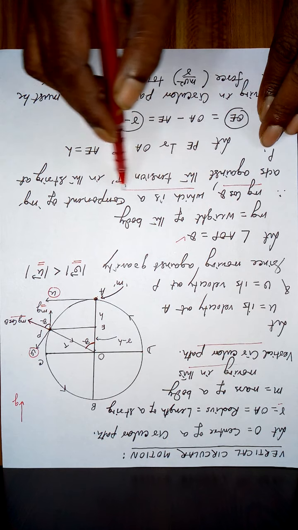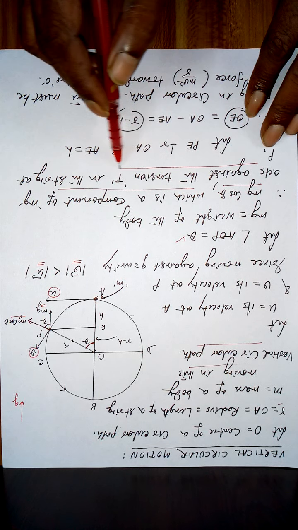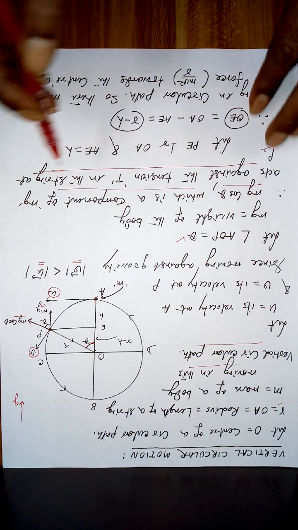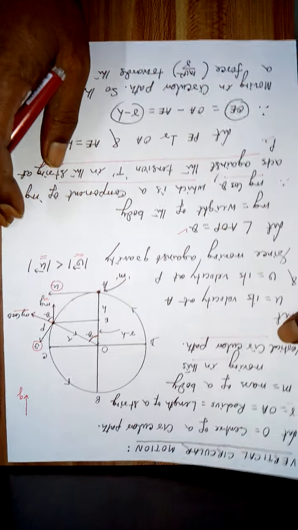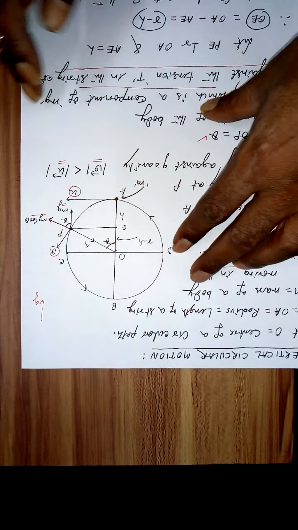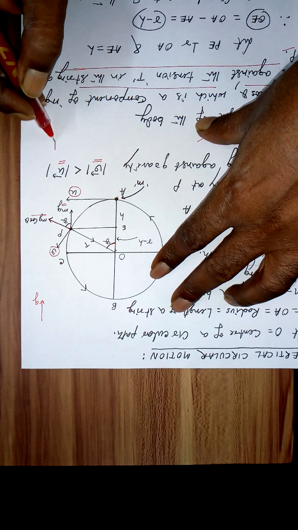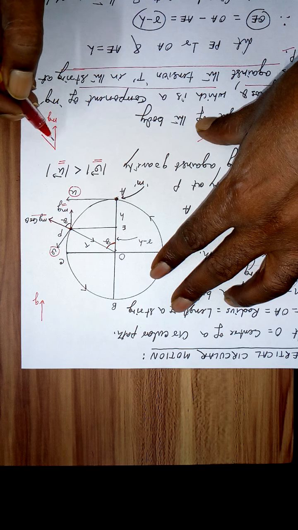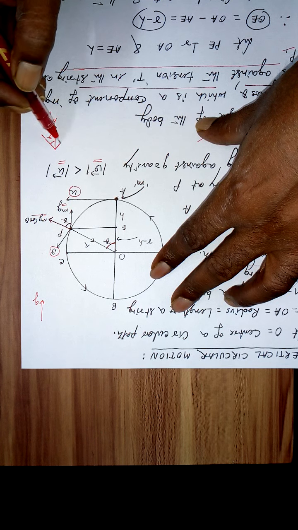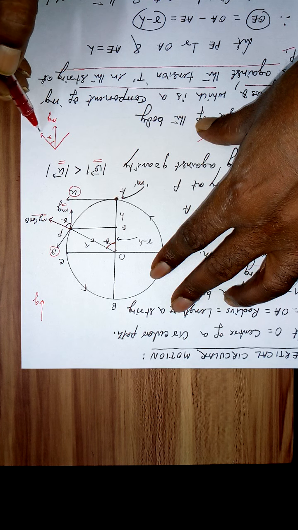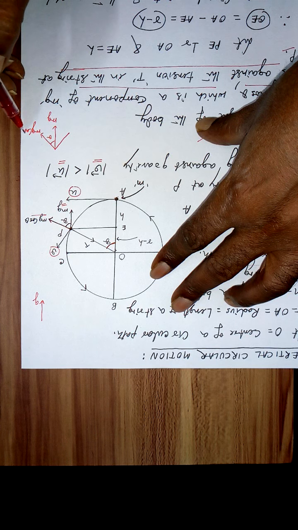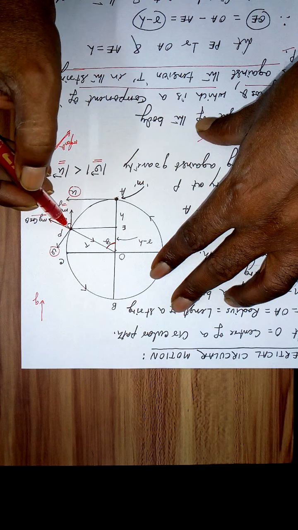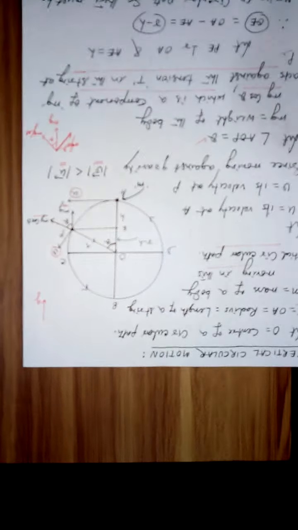Therefore, mg cos theta, which is a component of mg, acts against the tension T in the string at point P. Then you would ask why I have not taken mg sin theta. Look, mg is this way, and this angle is theta. So this much will be mg cos theta, and this will be mg sin theta. I don't require it here, so I have not drawn it, but it is there.